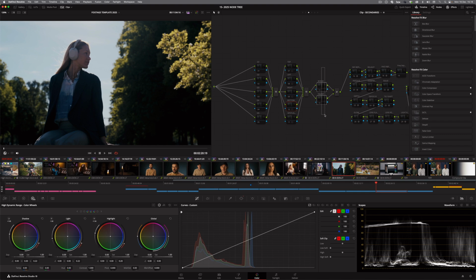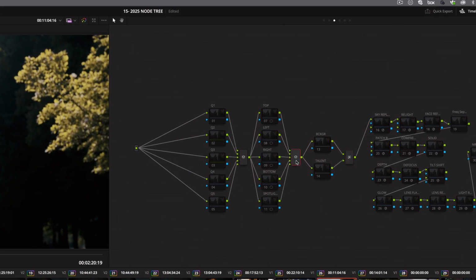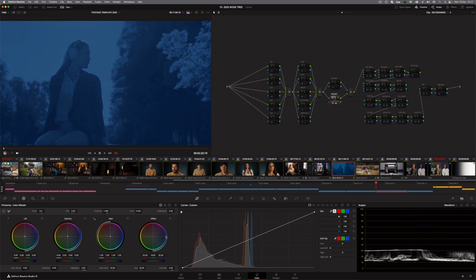Let's move on to this next section. This is a layer mixer. So all these are parallel mixers. So whatever you do here, it's gonna be mixed here and passed on to all these layers and passed on. In this case, the layer mixer is gonna pass on to both of these. If I enable this talent, right? And I make something horrible, as we usually do. And then I enable this one,